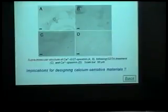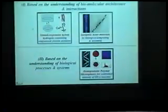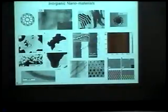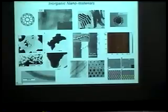So this is also some ongoing work, where we're using these principles and engineering variations of these proteins to make calcium-sensitive materials. Now I'm done with the first example to illustrate this approach, and then I'll go to this more nanotechnology-related approach. We feel that the bioinspired engineering approach is not only applicable to biomaterials and biological